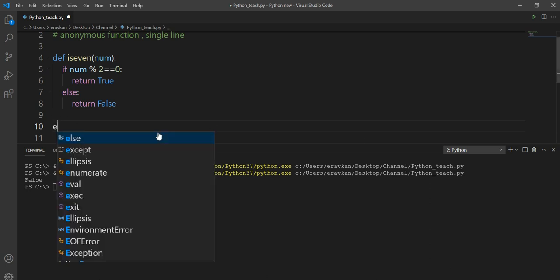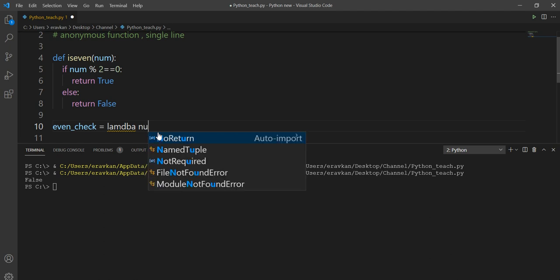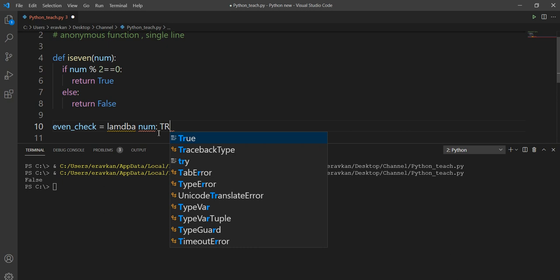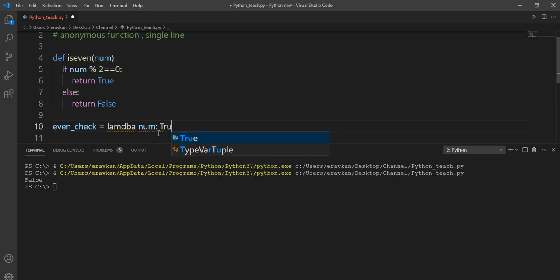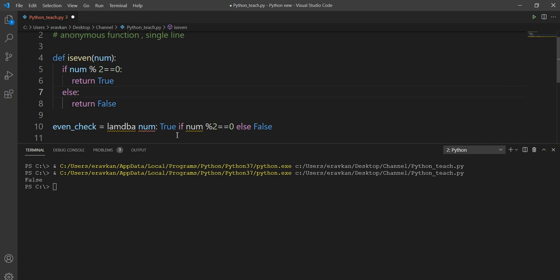Okay, I can write a function. Suppose I take the name of the function even_check, then lambda keyword, then num as the input parameter. It will return true if num percentage 2 equal to 0, else it will return false.